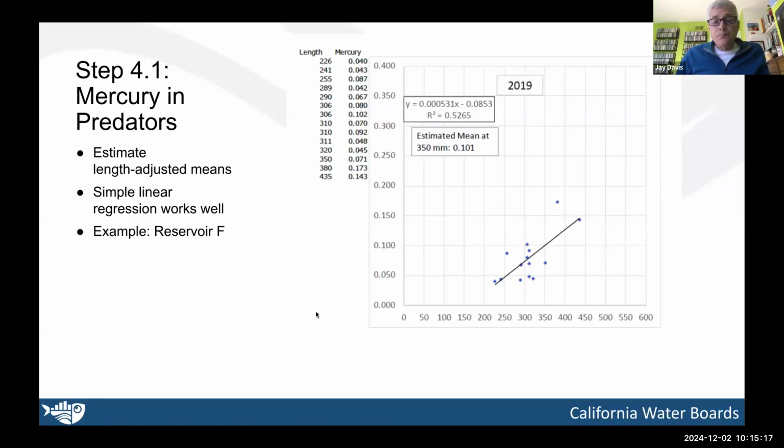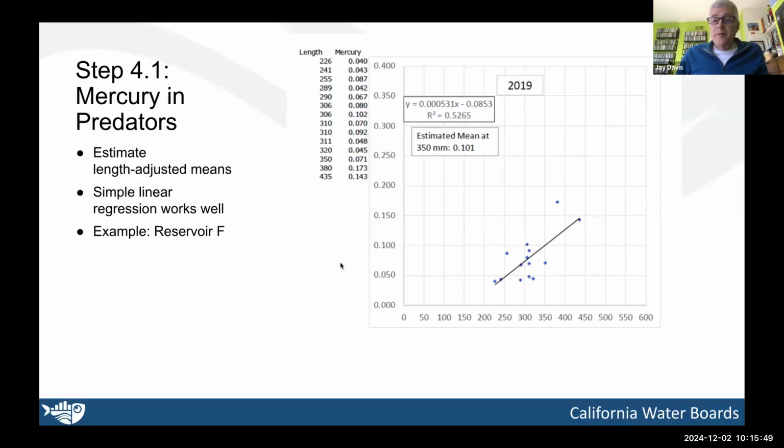In Excel, create a pair of columns with the length data and the associated mercury data. I like to sort them by length, so you can eyeball them and see what makes sense and what doesn't. Then you highlight the two columns, and under the data analysis menu,